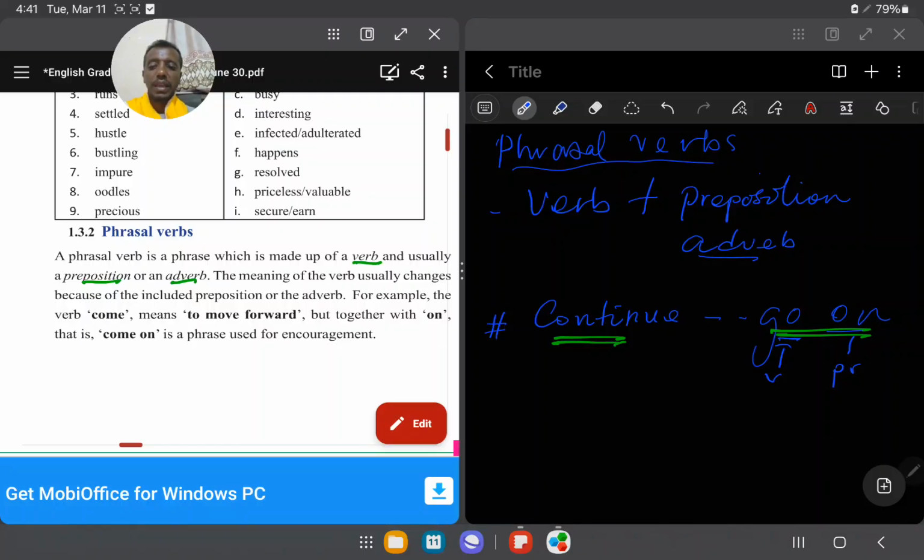For example, the verb come means to come forward, but together with on, that is come on, a phrase for encouragement. Come means to move forward. For example,